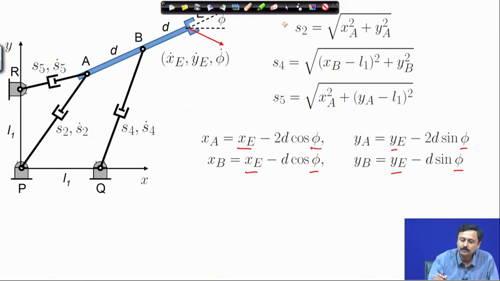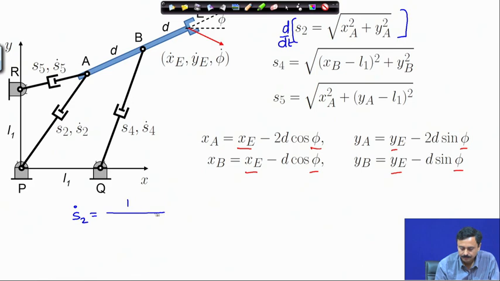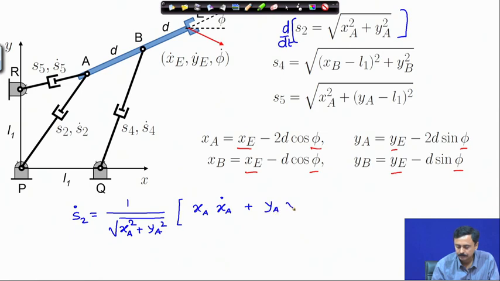So, for example, if you differentiate the first equation, which I have written out after some simplification,